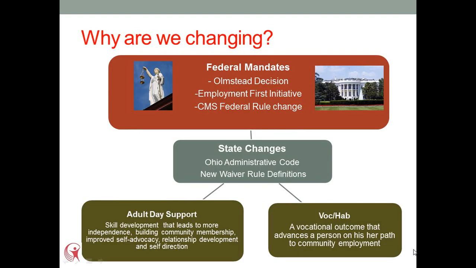Several policy initiatives are influencing changes to the way services are delivered to individuals with developmental disabilities. I'll briefly review these here. First of all, the Olmstead decision from 1999. Two women in the state of Georgia who had mental illness and developmental disabilities filed suit and won under the Americans with Disabilities Act to be released from their institutional setting to live and work in the community. The Olmstead decision mandates that people with disabilities have the right to receive their services in the community.